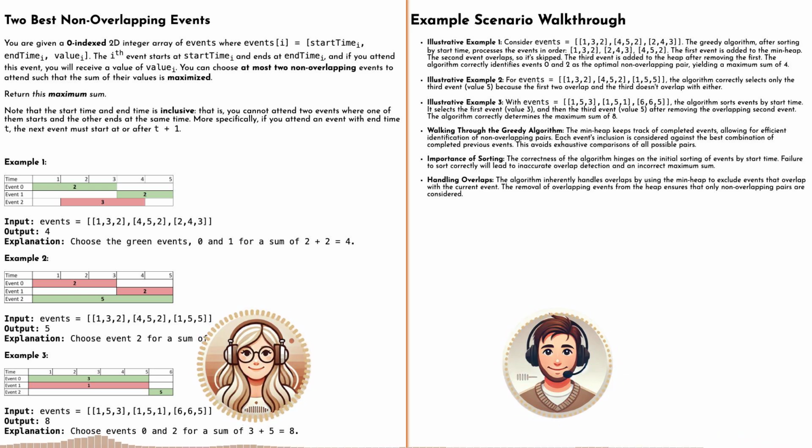Okay. So we'd have tournament, then conference, then hackathon. Right. So the greedy algorithm would pick the tournament first, highest value, no overlap. Then it looks at the conference, but that overlaps with the tournament, so it skips it. Then it gets to the hackathon, no overlap, so it picks that one.